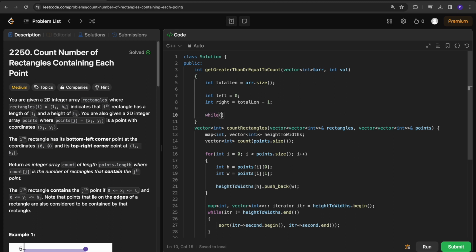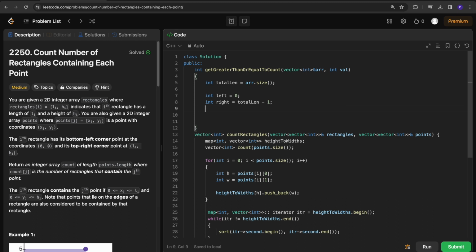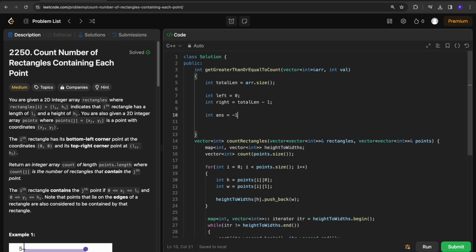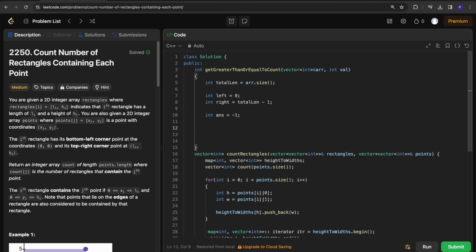We need to determine how many elements in the array are greater than or equal to this particular value. This array is already sorted. So in the sorted array we need to determine how many values present are greater than or equal to this value. I just want to find the first value in the array which is greater than or equal to this particular value, and I'm going to maintain an index of that. While left is less than or equal to right,